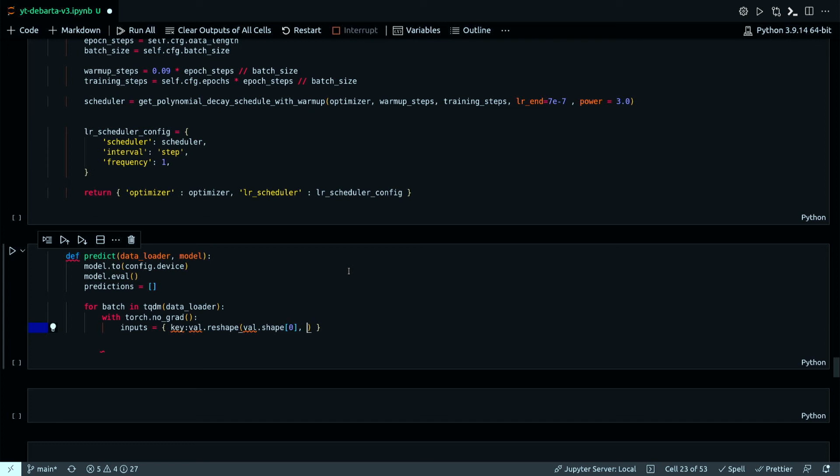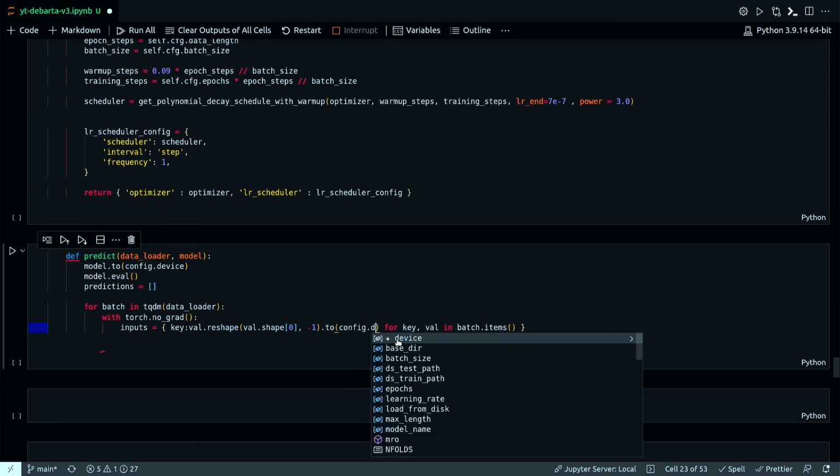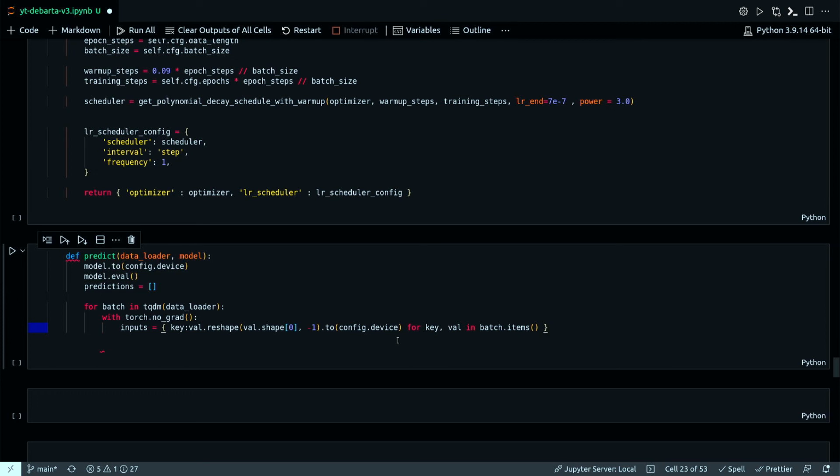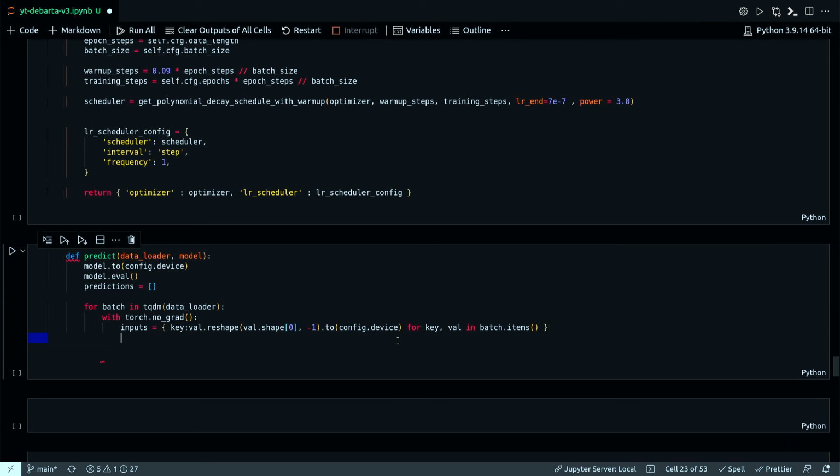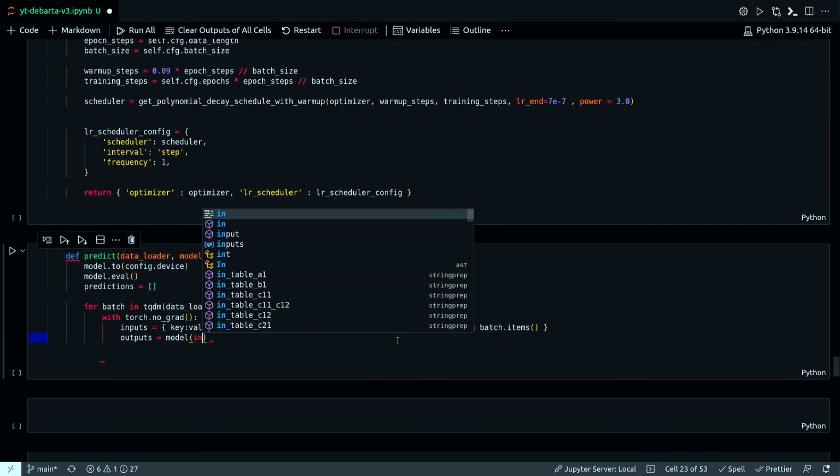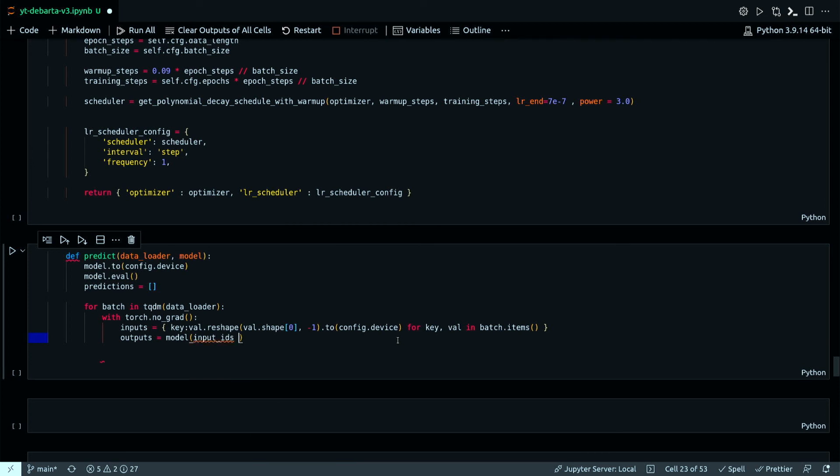Val.reshape -1. Dot two. Eval in. Okay. Now output. Inputs. From there, I take input ideas.